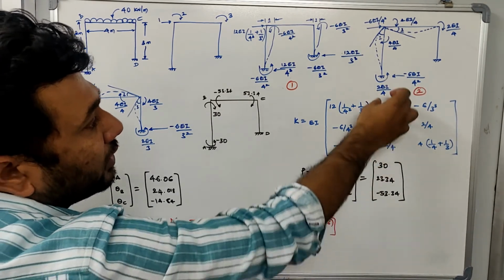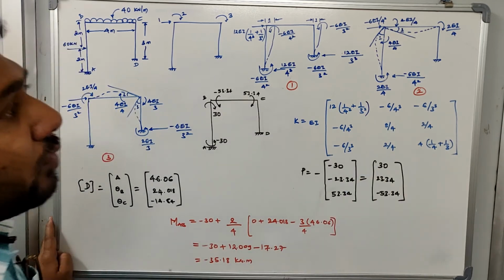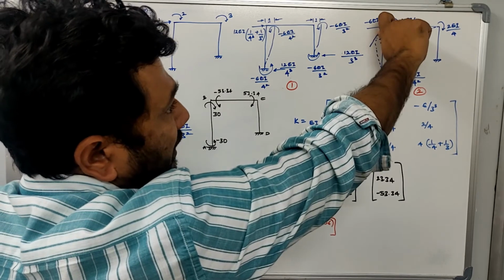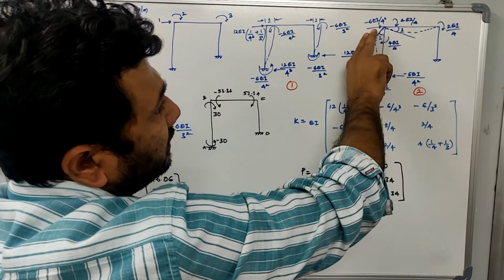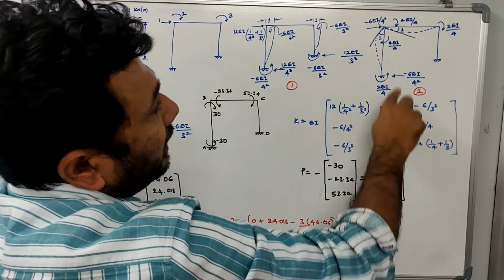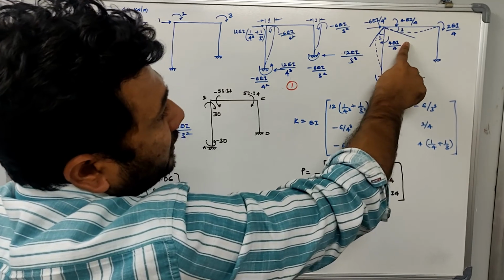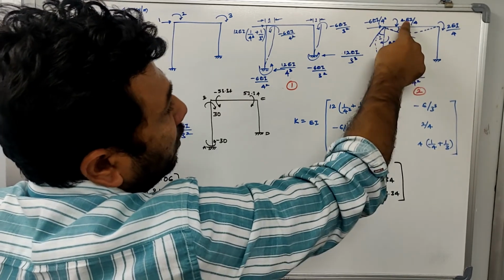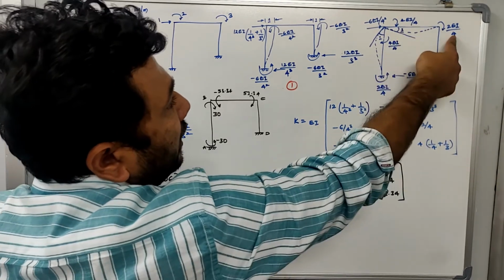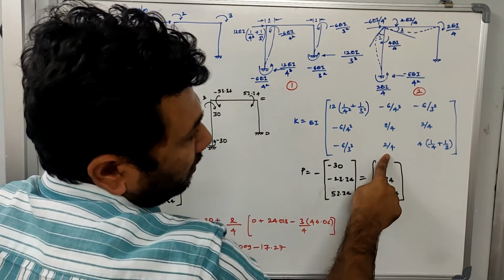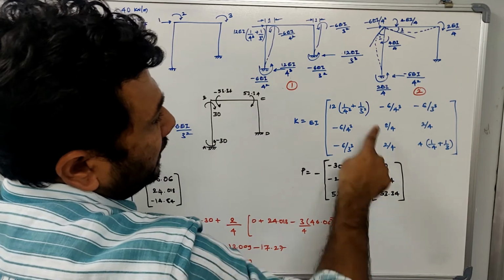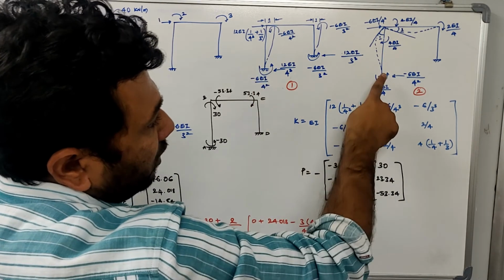Now we can go to the second column. When you go to this second column, we are going to apply the unit rotation at the second coordinate, and we are determining how much is the force that is created at the first coordinate, which is minus 6EI divided by 4 square. Next again the unit rotation is applied at the second coordinate, and the moment at the second coordinate will be equal to 4EI by 4 plus 4EI by 4, which is 8 by 4. Now at the third coordinate the moment is 2EI by 4. Okay, EI I have taken common. Now this completes the first and second column with respect to the unit displacement applied at first and second coordinates.